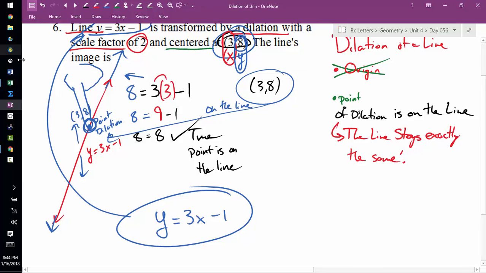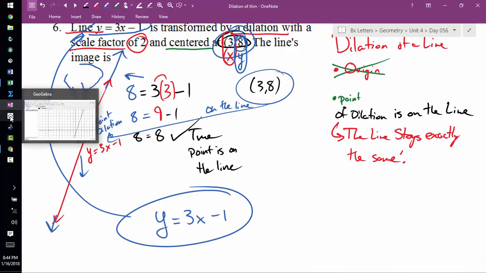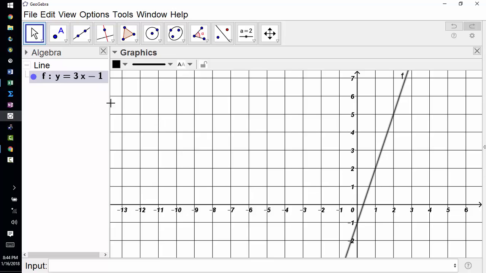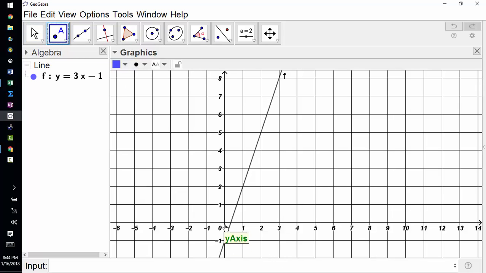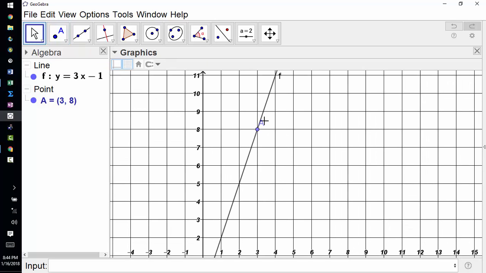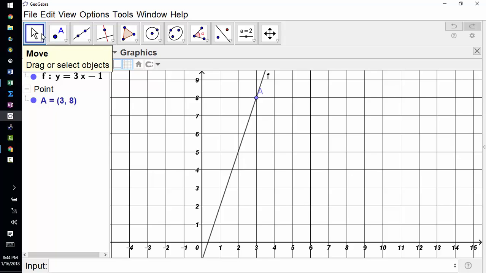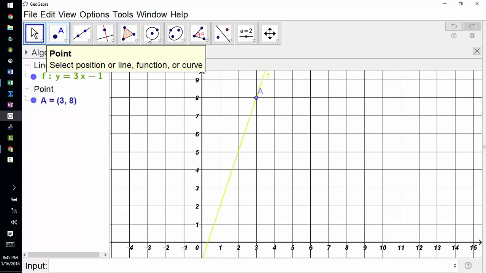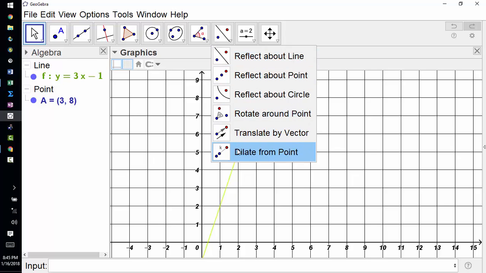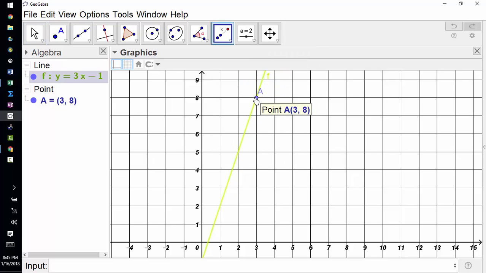Nothing changes. So if you buy that method, great. If you want to see it written out for you, I've graphed out the line y equals 3x minus 1. The next thing we need to do is plot the point 3, 8. So I go over 3 in the x and up 8, and you can see, boom, that point is in fact on our line. And if I go to, let me color this line green, there we go. If I dilate this line about that point,